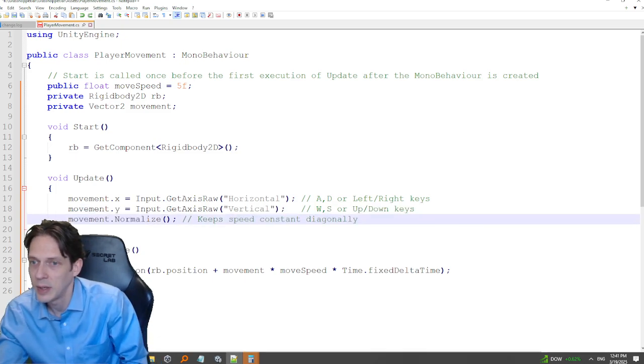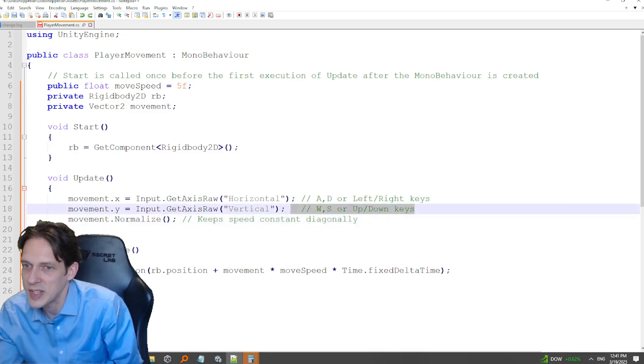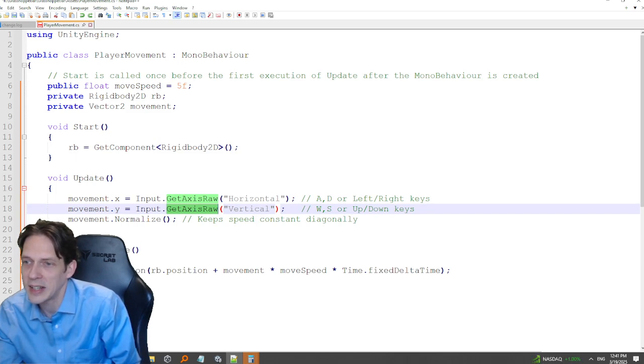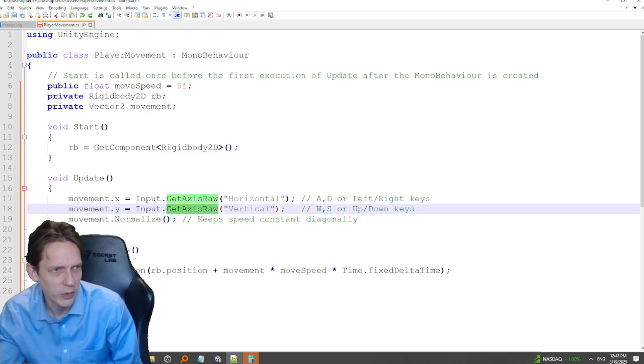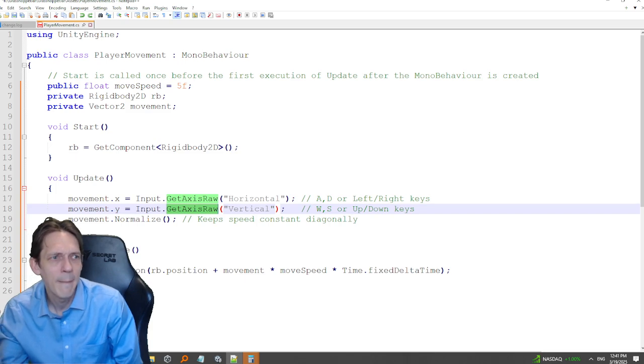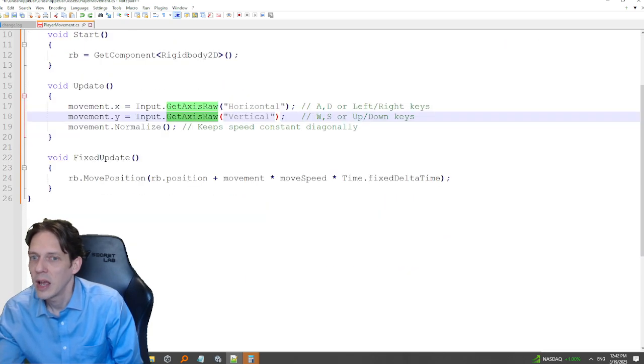that this has some comments on it, because this GetAxisRaw is obviously W, S, up, and down. And this GetAxisRaw for X is A, D, left, and right. But I would not have known GetAxisRaw is GetAxis keyboard, right? So it's interesting to have to kind of infer that about this.